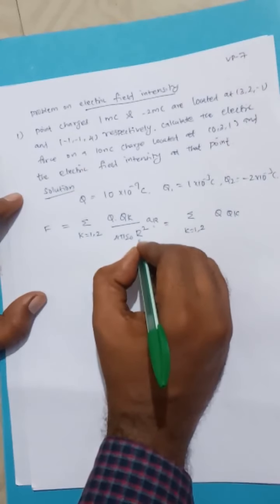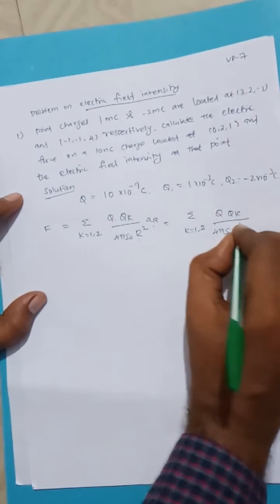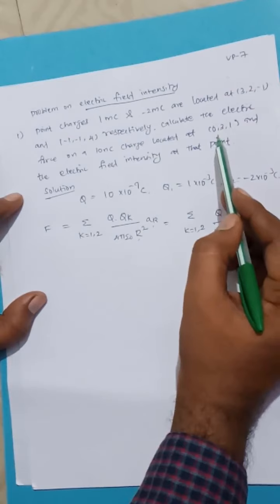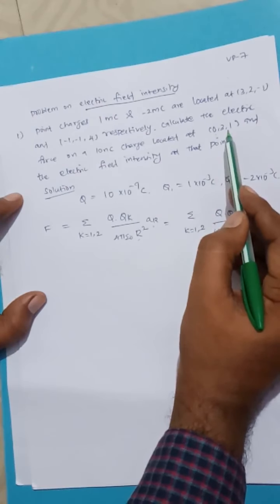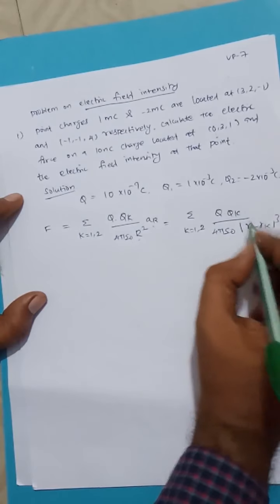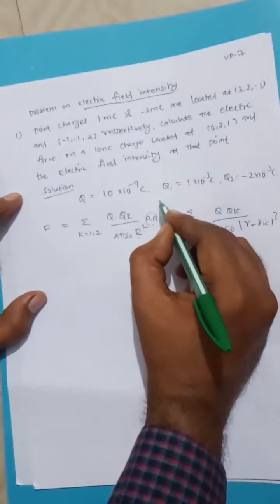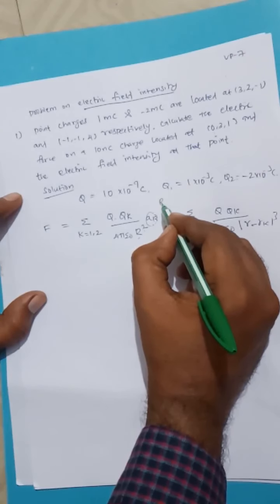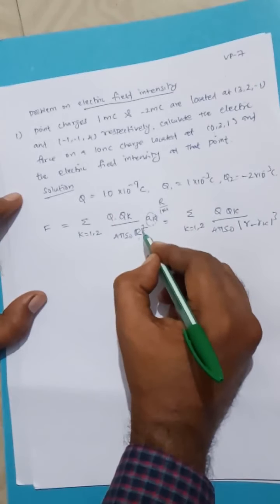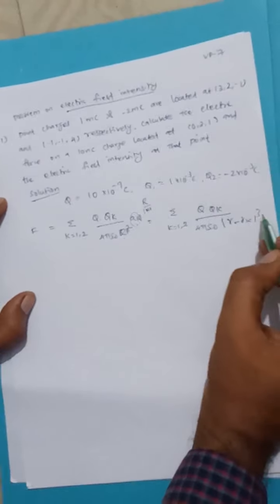So already one R square is there, so along with that it will add. You know that R is fixed, right? At that point only you have to find the force. So for the point (0, 3, 1), it is R minus Rk, whole cube, because already one square is there. Along with that, this a_r will contribute R by modulus of R, which should be multiplied with these two. I am getting R minus Rk whole power 3.